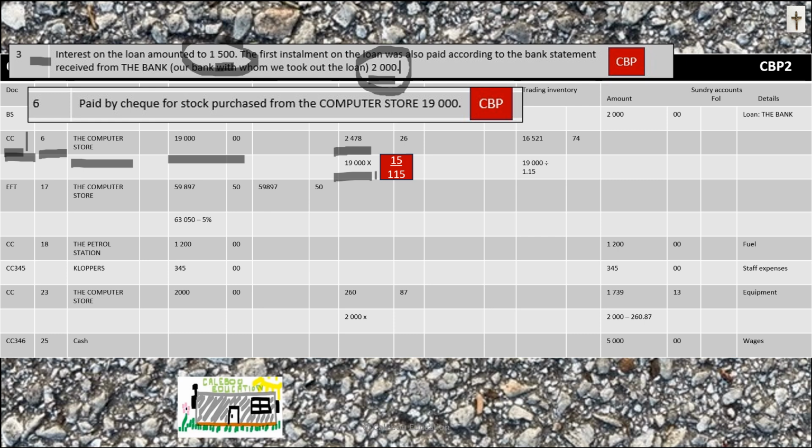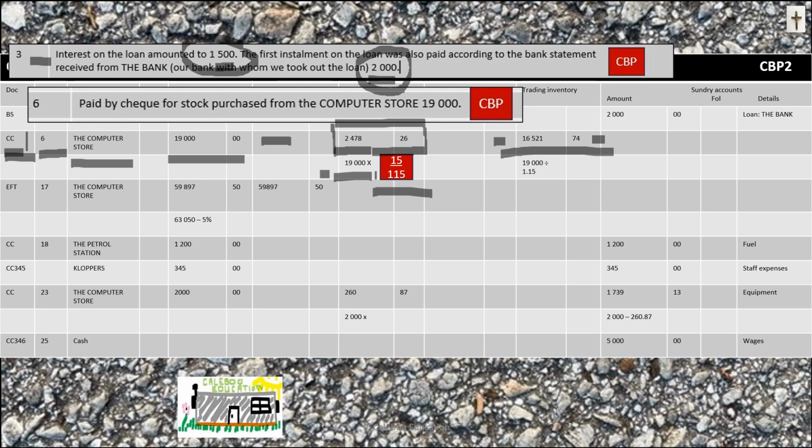If you don't understand VAT that well, you can go check them out. So 19,000 multiplied by the VAT fraction is going to give us 2,478.26. So the trading inventory amount, which excludes VAT at the historical cost price, is 19,000 minus 2,478.26, and that is equal to